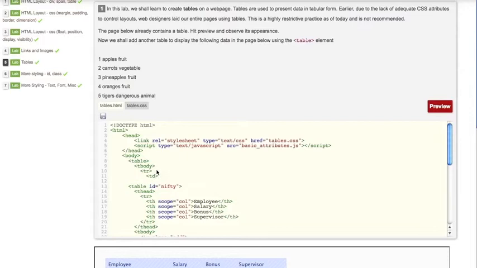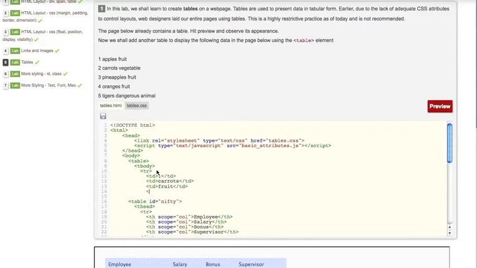The first td tag will include the serial number, the second td tag will include the item, which is carrots, and the third td tag will include the type of item we are talking about, which in our case is a fruit.